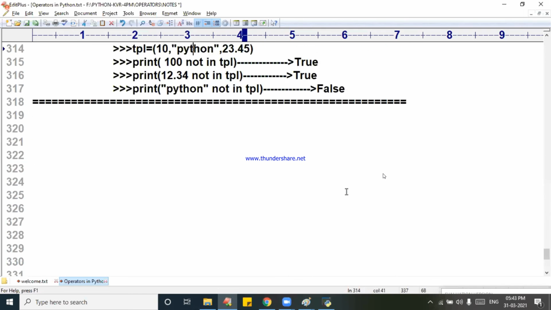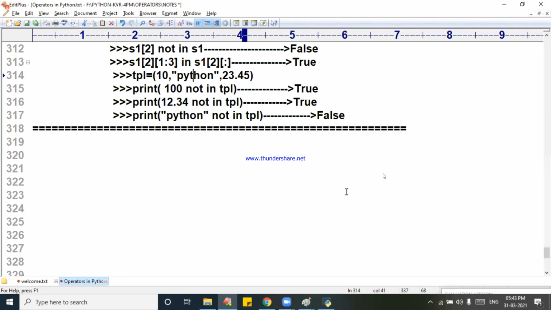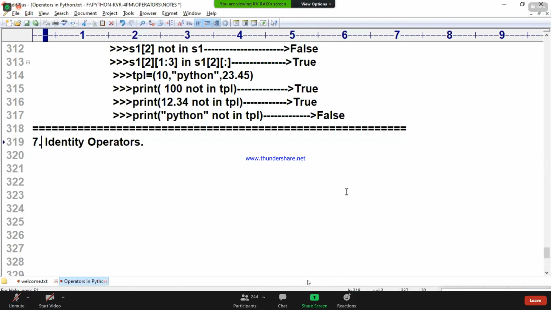Right. That is identity operators. Shall I upload the notes after completion of everything, or do I have to upload today? You tell me. Okay, better today only?